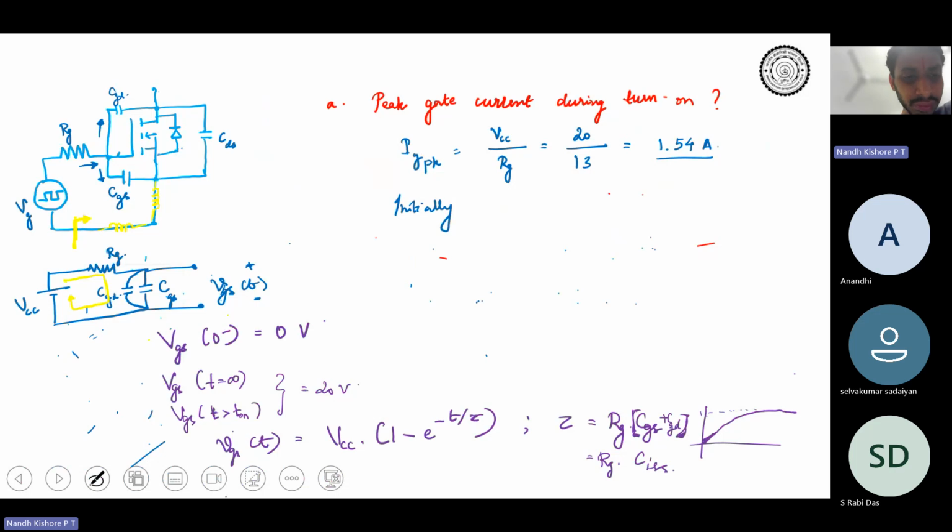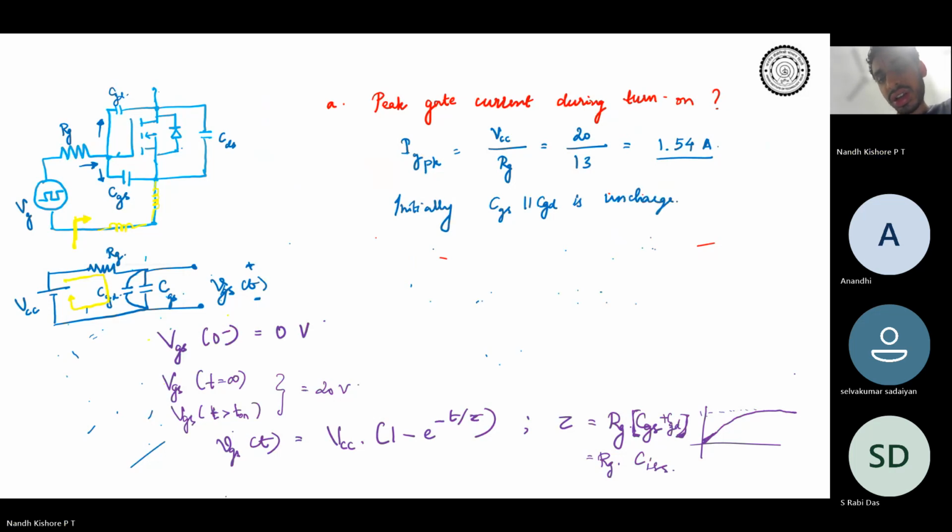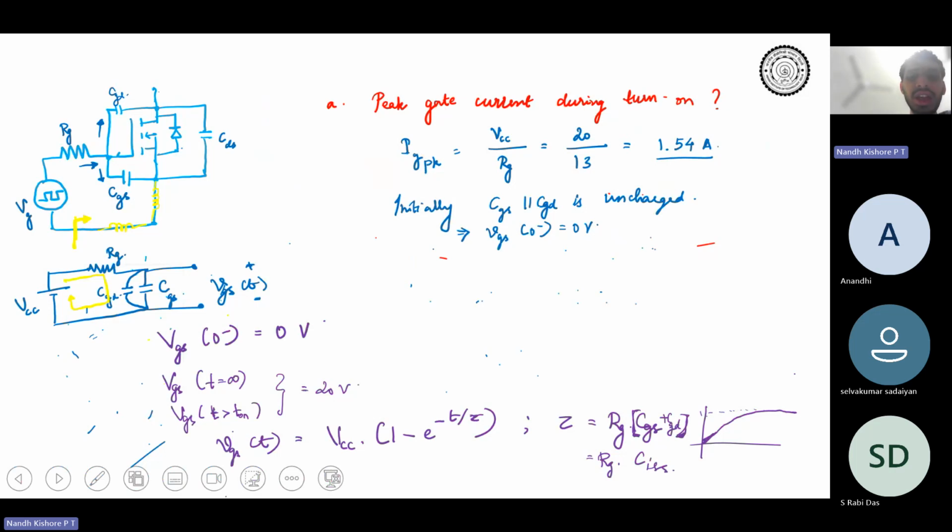Initially, CGS parallel to CGD is uncharged, correct? Therefore, we just saw that VGS at 0 minus is 0 volts, right? So since they are uncharged, you can take it that CGS and CGD are directly shorted. Therefore, the equivalent circuit simply becomes